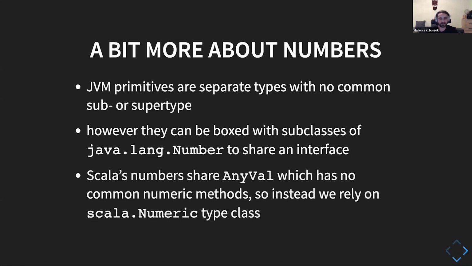So instead, we are relying on the Scala Numeric type class, which tells us, okay, when you are passing this code and it has a Numeric type class, you are able to add those values together or subtract them or whatever. This is something you can quite often see, for instance, on Stack Overflow, that people are surprised because they got used to being able to add any two numbers, or any two classes which extended java.lang.Number, and suddenly they've discovered that their Scala numbers for some reason don't want to work with Java numbers.